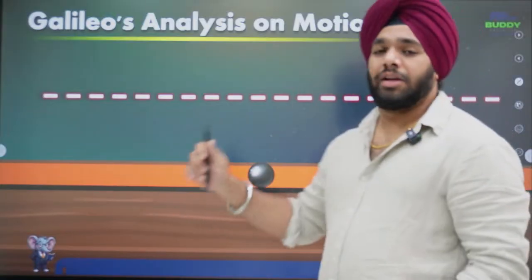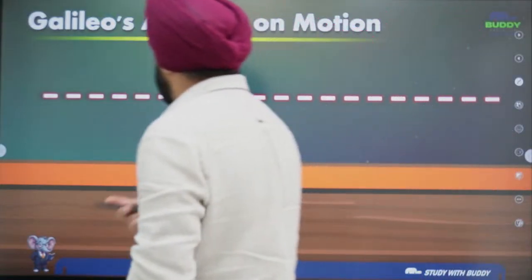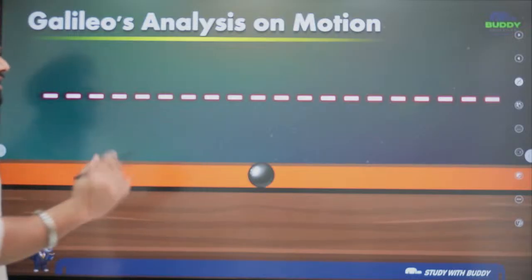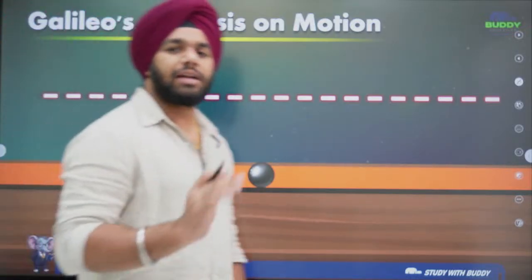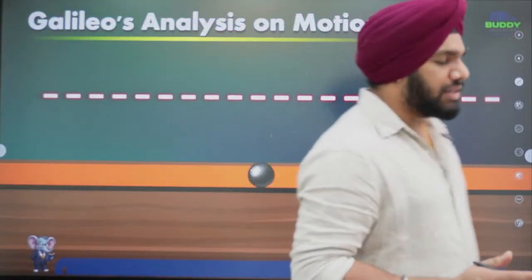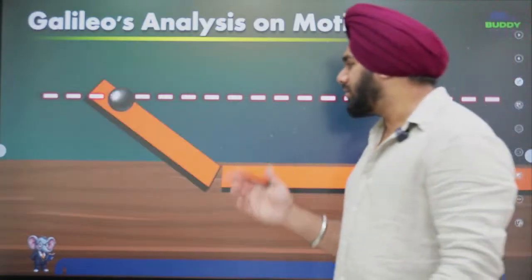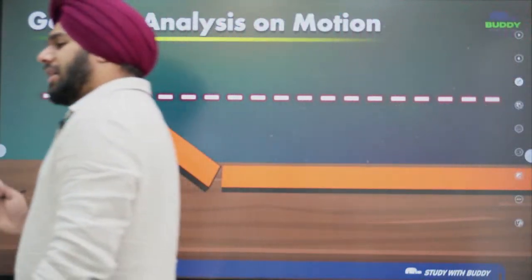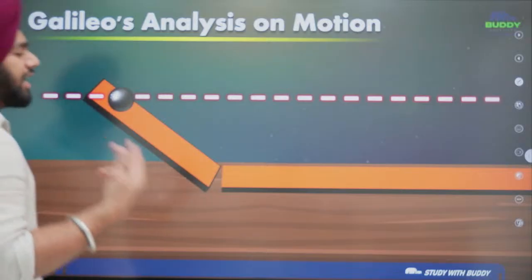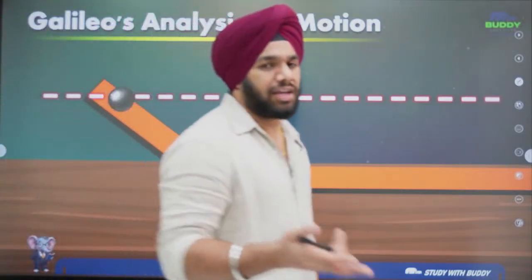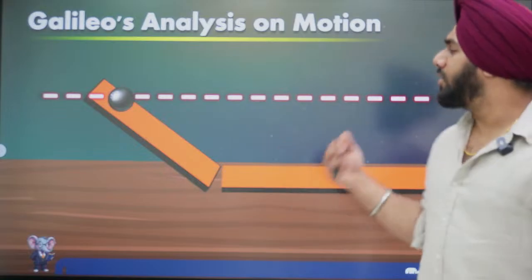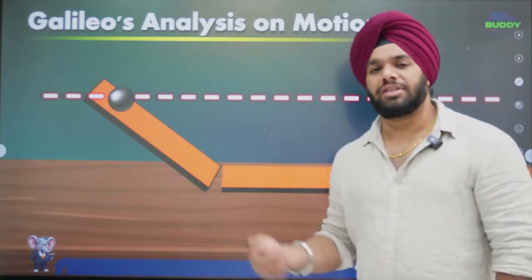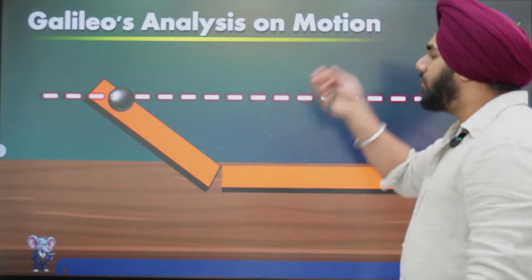So let's continue. Just look at this. This ball is moving till infinity, it's not stopping. This is what Galileo thought, that there is no friction. This was his experiment. But eventually he was unable to give a mathematical significance to it, right? So this wasn't accepted, but it was taken as a thesis for Newton.